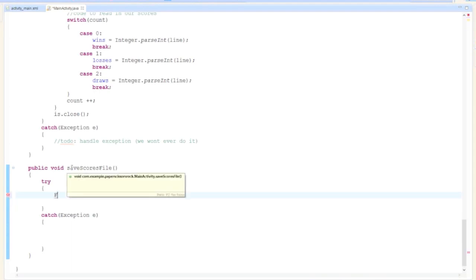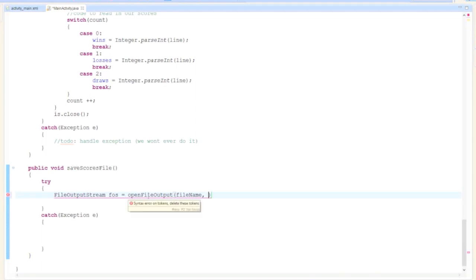We start with a file output stream, and file out fo, or file output stream, I think is more common, FOS, equals open file output, and it's our file name, and then you give it a context in which you wish